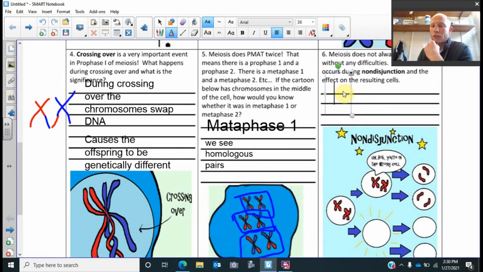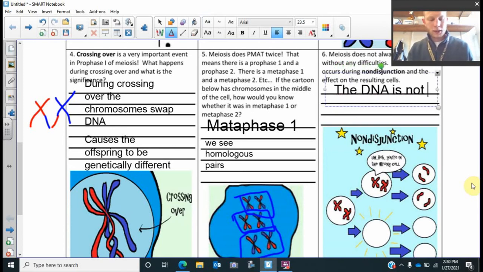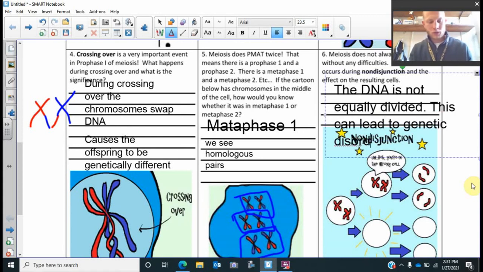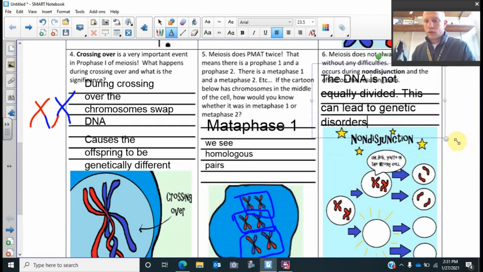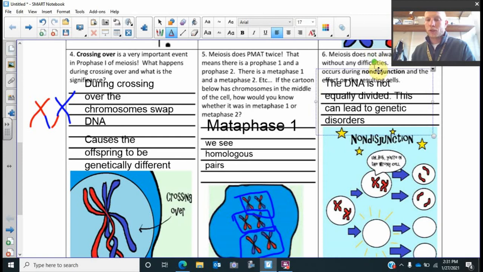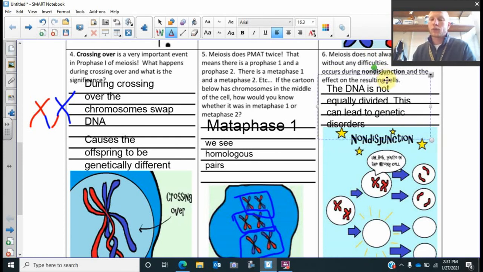So let's talk about this. So non-disjunction, what goes on here? The DNA is not equally divided. All right, what can happen or what can affect the resulting cells? This can lead to genetic disorders. Okay, and so some genetic disorders, one that specifically this one's probably talking about is something called trisomy 21. And so trisomy 21 is when,